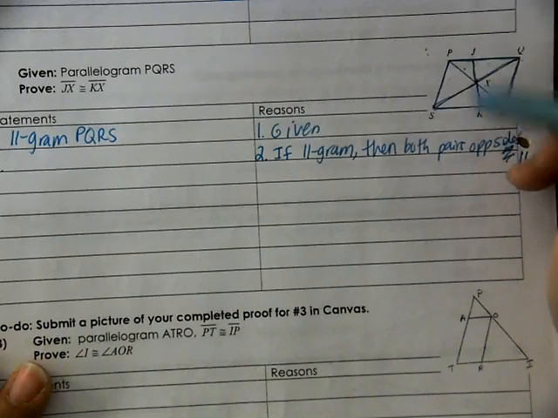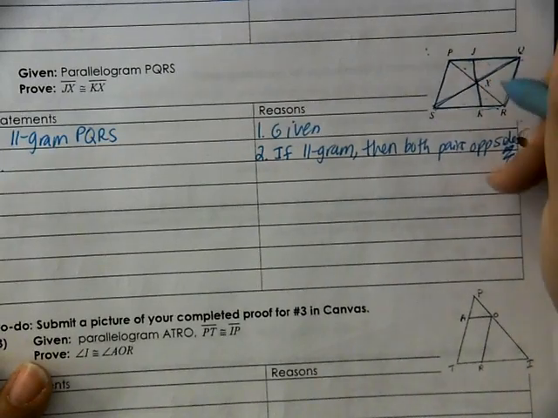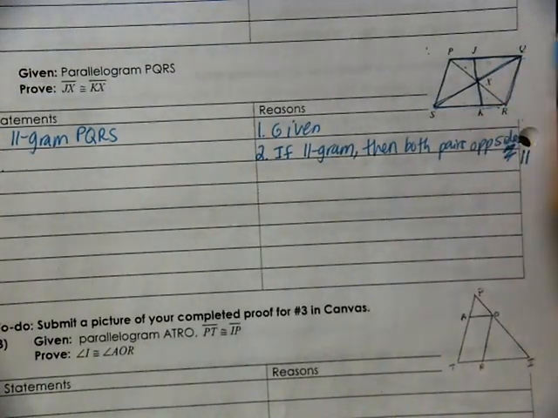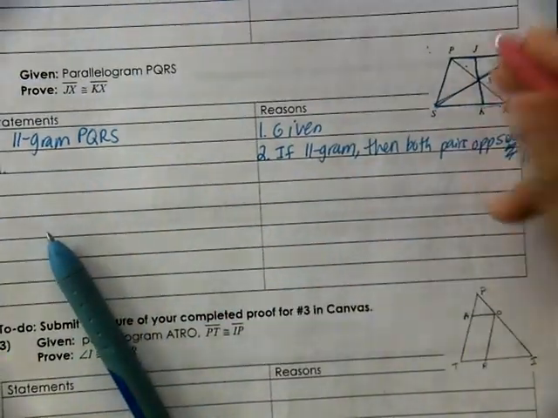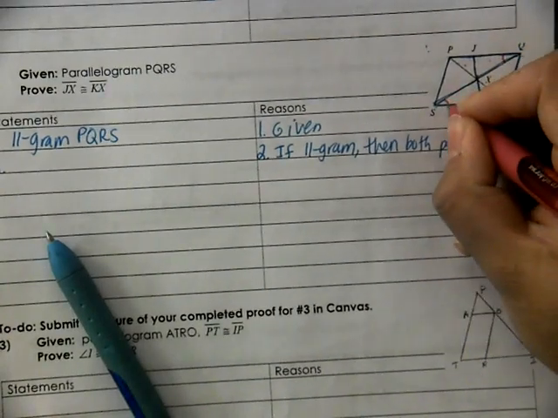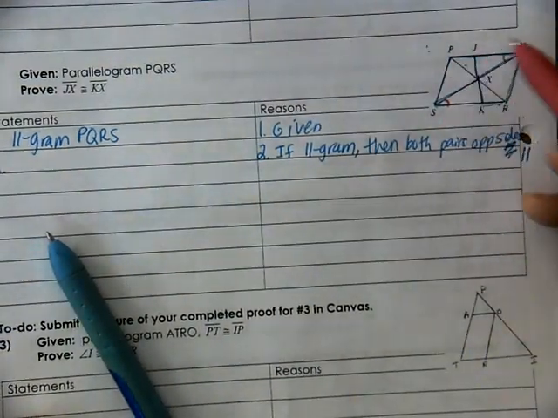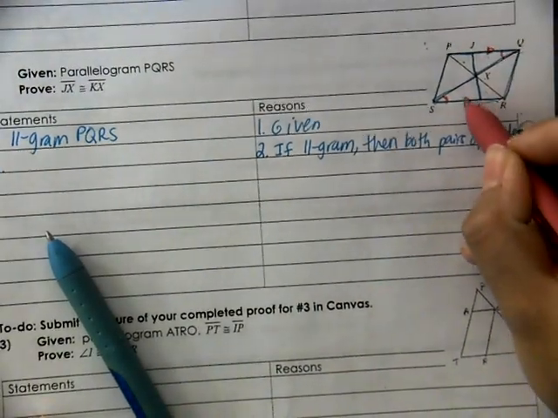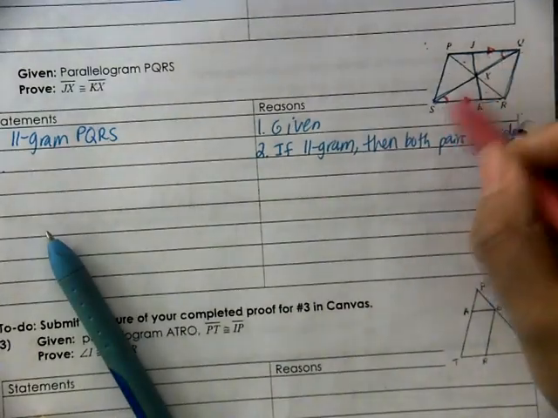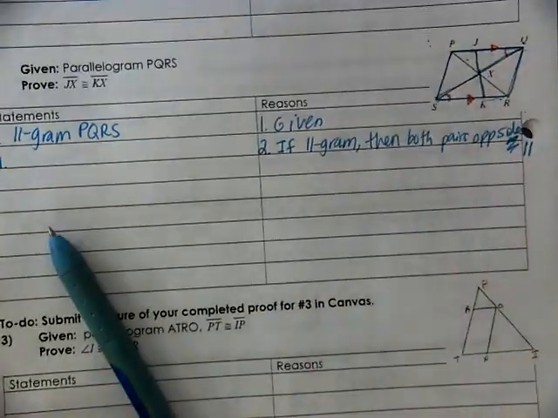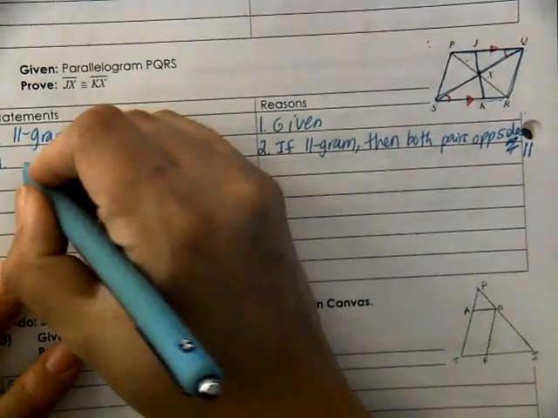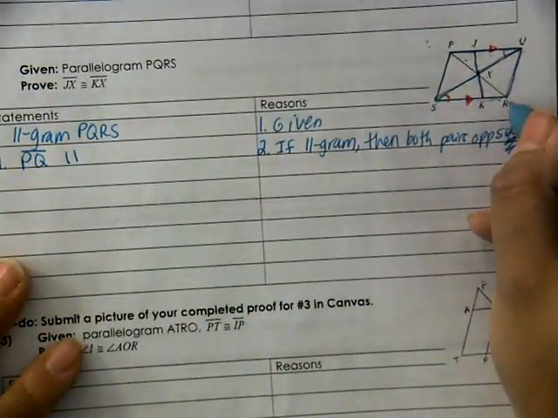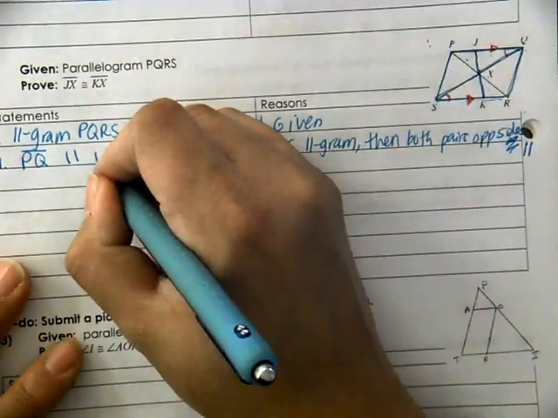And so technically I have 2 pairs, but notice I'm only using the pair that's going to give me, and again I can use a different color to show this, but I'm going to try to get these alternate interior angles. Look carefully at which lines they're touching, because remember, it makes a difference. They're going to create these as parallel, and then those will be alternate interior angles because they're touching those parallel lines. Okay, so we want lines PQ is parallel, and we're going to write it as RS, because remember yesterday